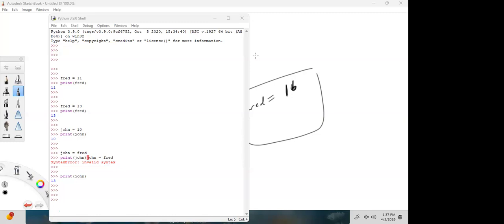So now we know both John and Fred are how many years old? 13. So if we want the program to calculate the age after 5 years, we can say